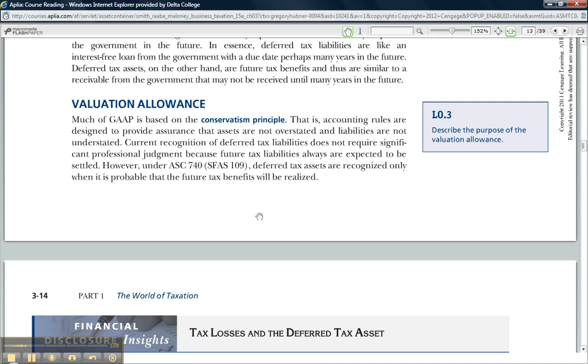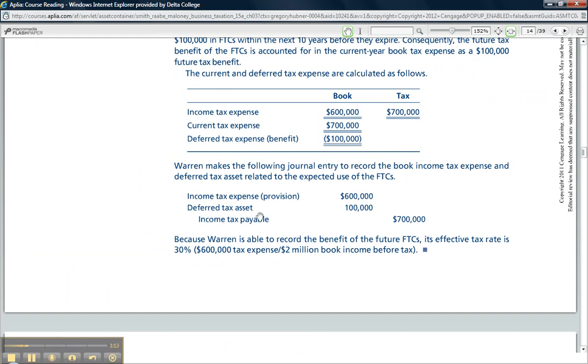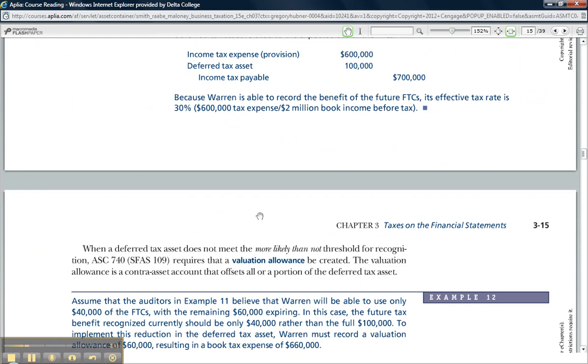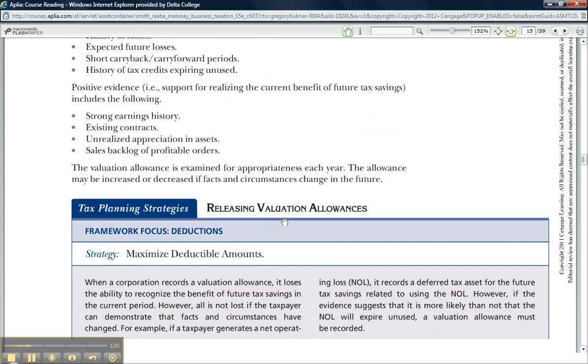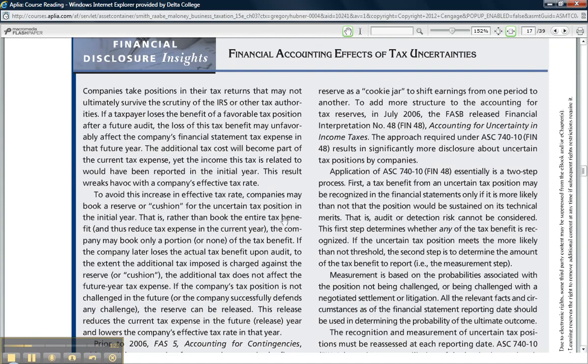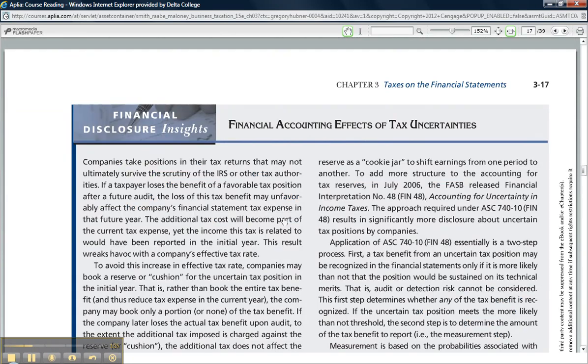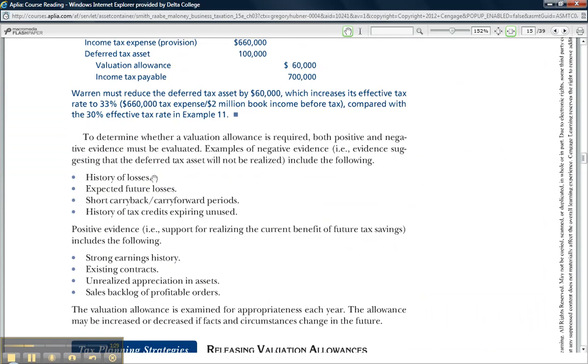And to decide if you need a valuation allowance, companies will consider positive and negative evidence, which is discussed in, let's see, where did I miss it? I think I must have missed it up here. Yeah, right here. When you're determining whether or not a valuation allowance is required, you have to look at both